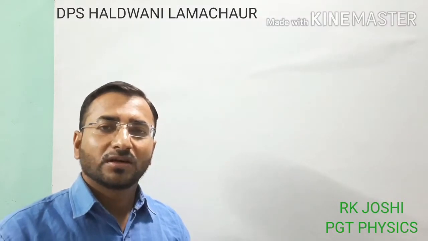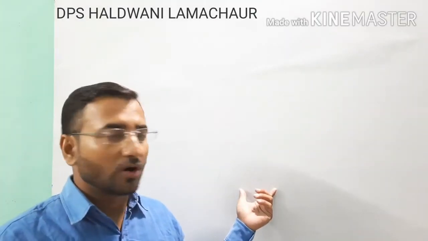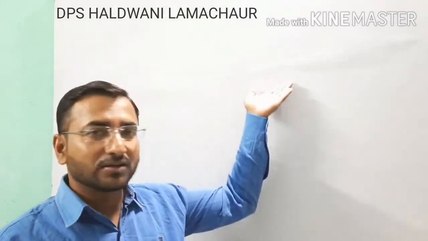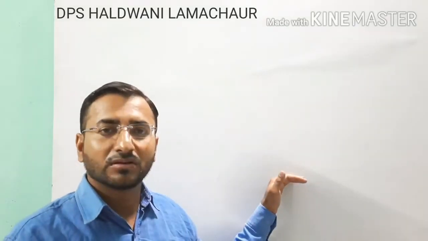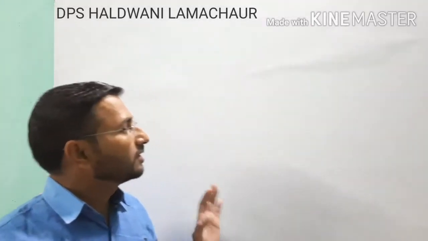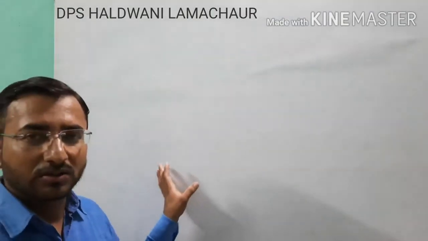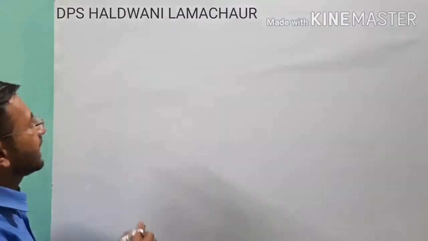So today we will discuss the next topic of chapter gravitation, in which we will discuss the variation in g. It means, what will be the value of g when we move to a certain height h from the surface of earth, or a certain depth d from the surface of earth. You can consider depth d in place of h, or you can also consider h as a depth, no problem. So here we will discuss all the topics one by one, these two derivations in front of you with their examples.